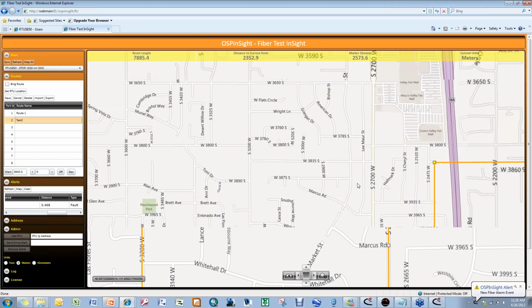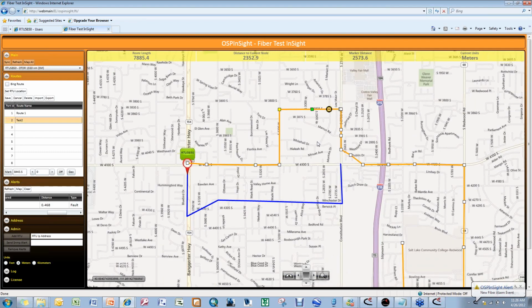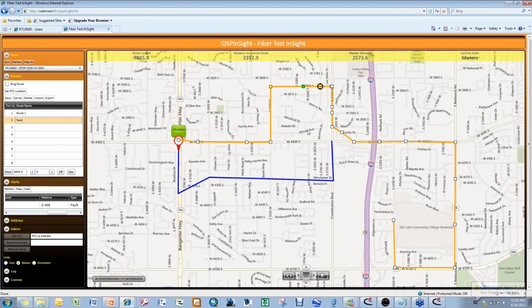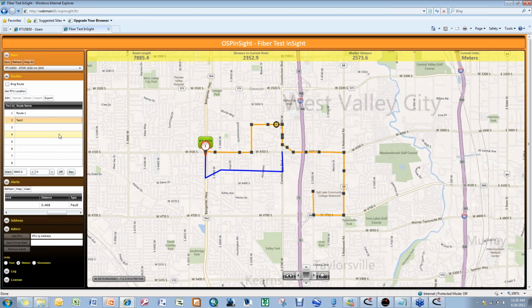So I can build this route very easily, very similar to the way that I do in OSP Insight. The thing that really is nice about this, I'm just going to go ahead and save that. Then I've got this other route that I can monitor. But what's interesting about this setup to me is